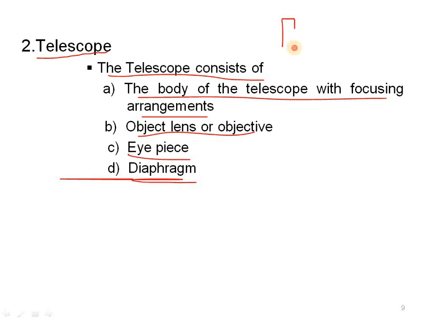In this portion we can see, this is the telescope portion I am drawing here. This is the eyepiece portion, from which we will be seeing the object. Okay, this is the object glass. This portion is object glass. So the telescope is the main component part in the instrument. Without the telescope we cannot sight the object.